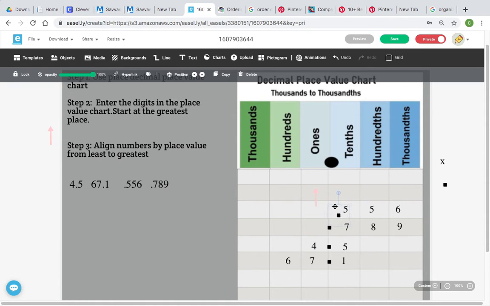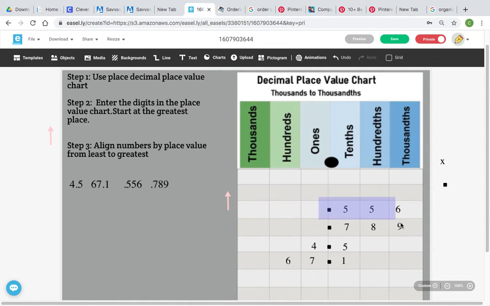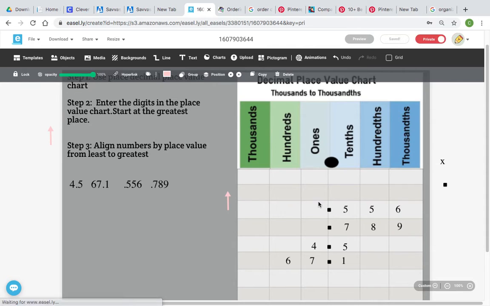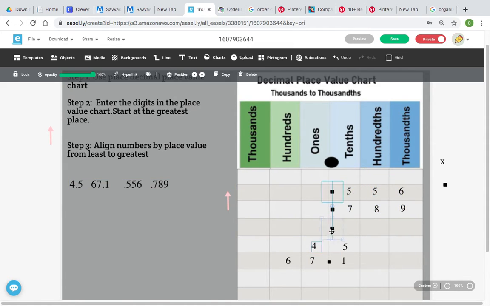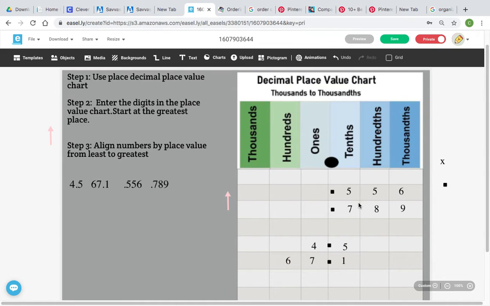Now I have to look which is the biggest number between those two decimal numbers. Let me bring them up a little bit. So now I need to find out which number is bigger, decimal 556 or decimal 789. So I look at the first digit right after the decimal, because there is no number under the ones for these two numbers. So I look at the first digit on the right,